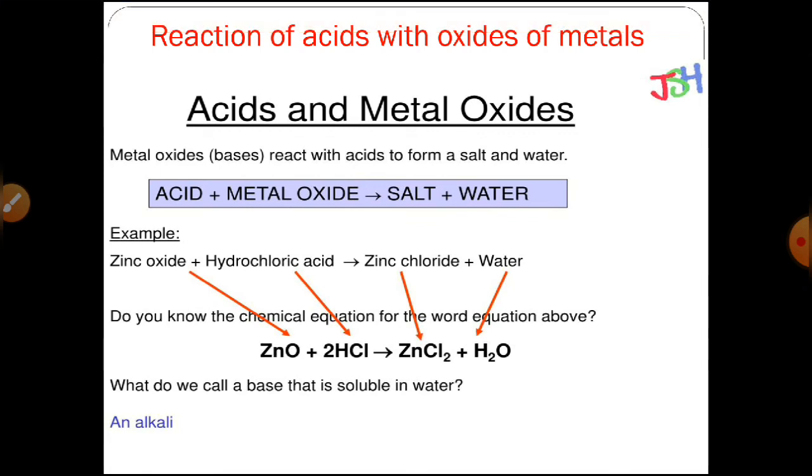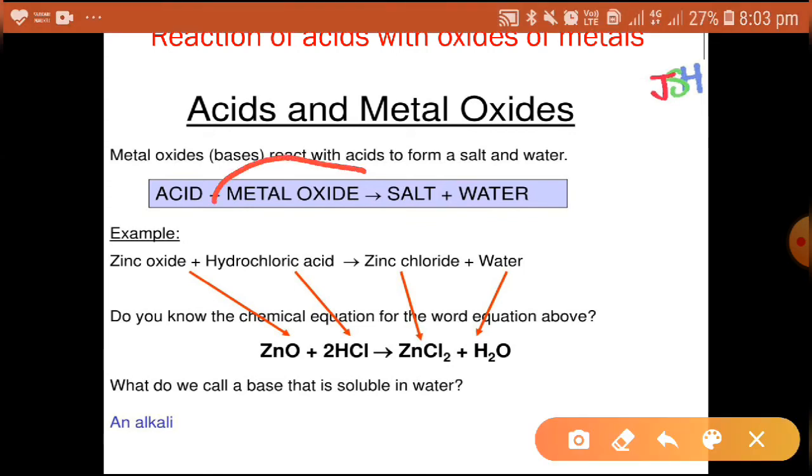Now, reaction of acids with oxides of metal. So are metal oxides acidic in nature or basic in nature? Last time we have seen in the last period also, and in the last year also, that whenever metal reacts with oxygen, it will form metal oxide, and that metal oxide when dissolved in water will turn red litmus blue. Means metal oxides are bases or they are basic in nature. So this solid metal oxide when dissolved in water will convert to a basic solution.